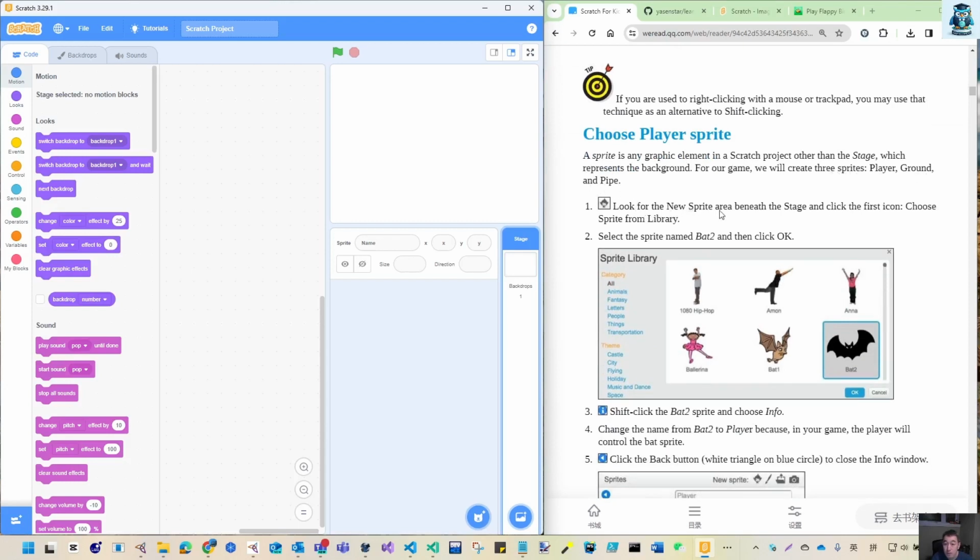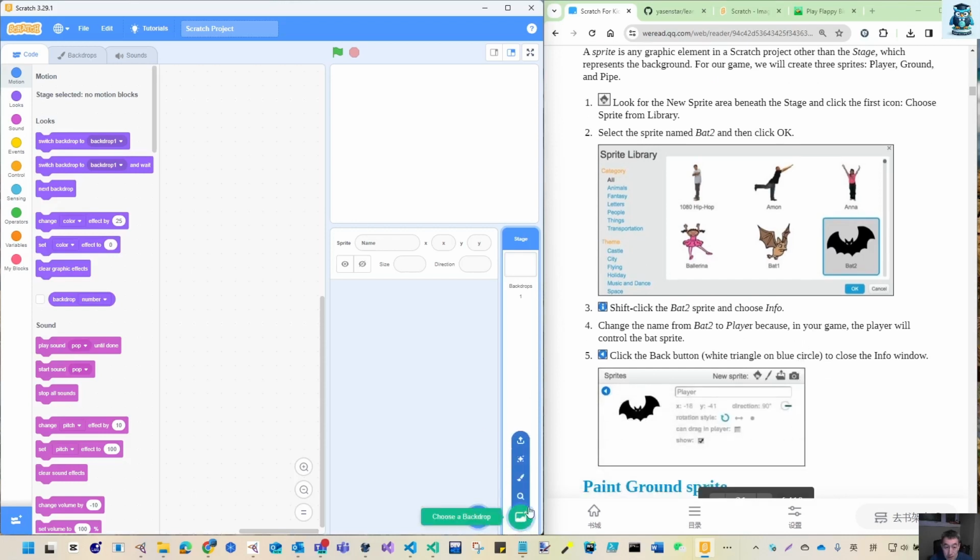Look at the new sprite area. So let's see, the new sprite area. Let's try to find that. So choose a sprite. We need to start to compare what's the difference from version 2 to now version 3. So let's also try to understand those. So this is choose a background. This is choose a sprite. And then they select the sprite